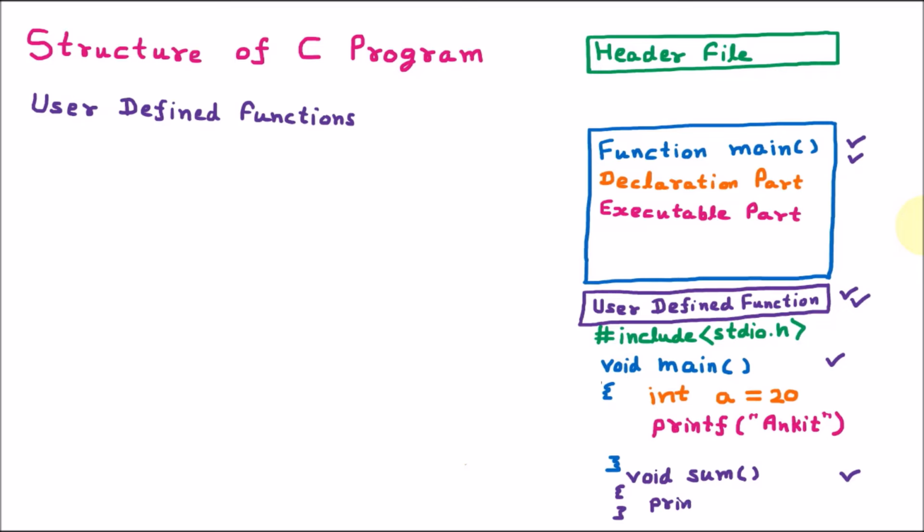We know that the printf statement is for printing. Now afterward in the bracket, let us suppose that I want to say a plus a. It can be any line, but you should understand that this is the user defined function. So here if we talk about the user defined function, they are defined by the user, which is outside the main